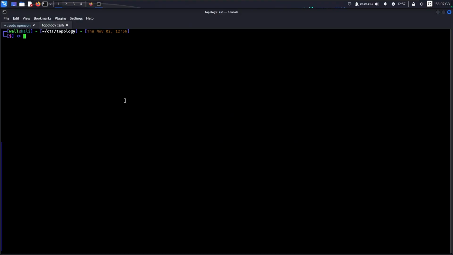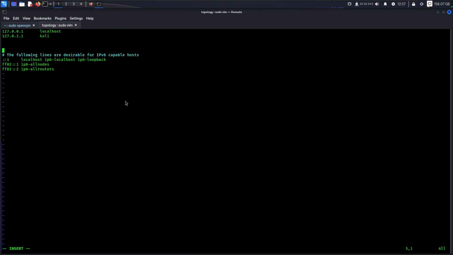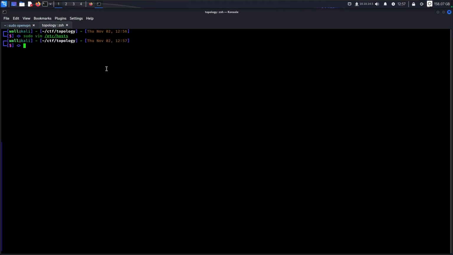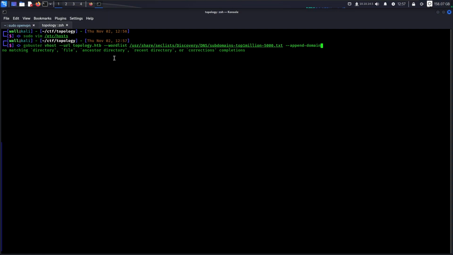Let's go back and open that up so we don't forget it. We'll do sudo vim /etc/hosts and add this to our hosts file. It was 10.10.11.217, topology.htb, latex.topology.htb. Now that we have a subdomain, we can fire up GoBuster,